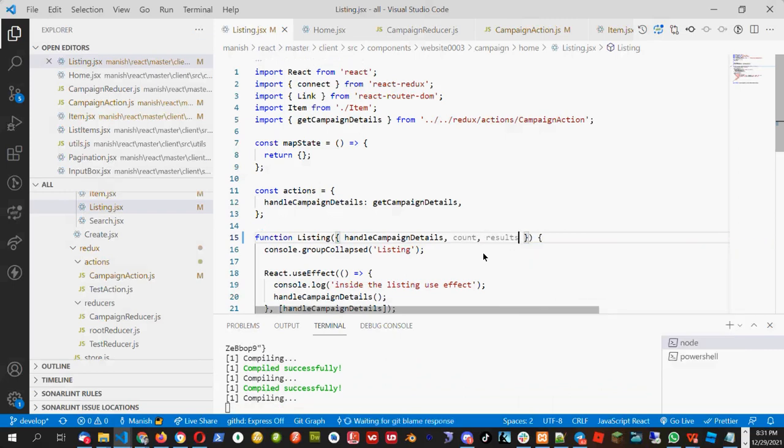Will it work? Okay, will that work? Count and results.